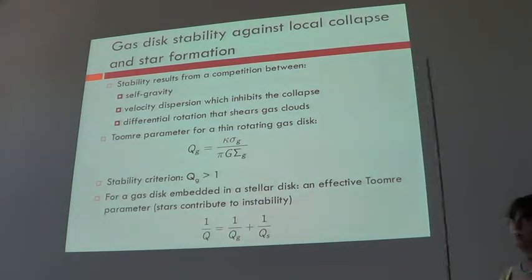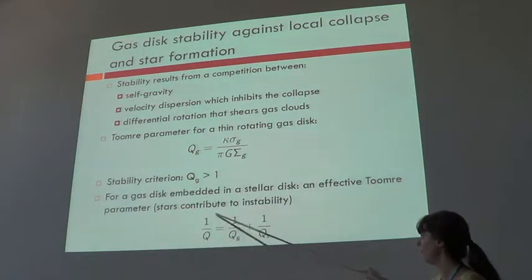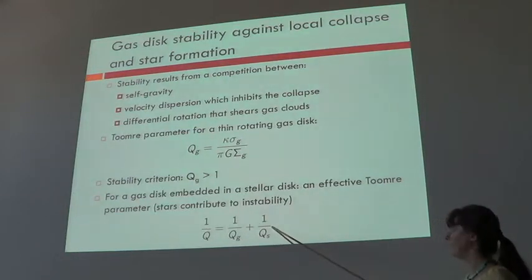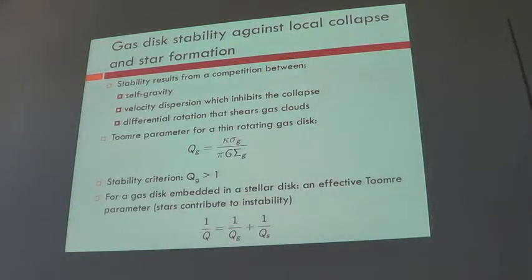When the gas disk is embedded in a stellar disk, you have to modify your Toomre parameter to take into account the effect of stars on the stability. A simple way to do that is this formula where you have an effective total Toomre parameter, which is the sum of the inverse Toomre parameters for the gas and for the stars. What this means is that if you have a gas disk that would have a Toomre parameter of 2 if it were by itself, so a very stable gas disk,